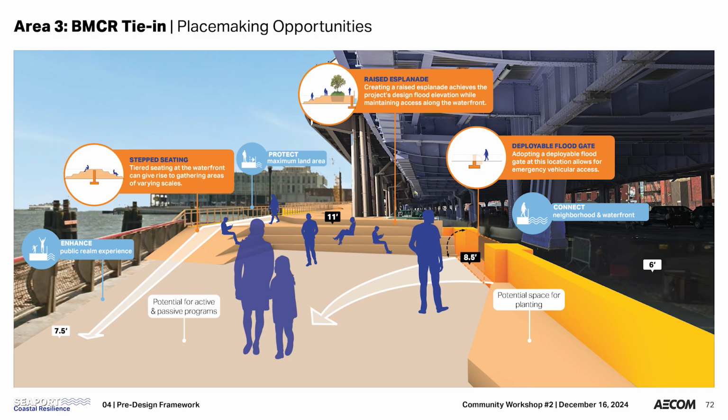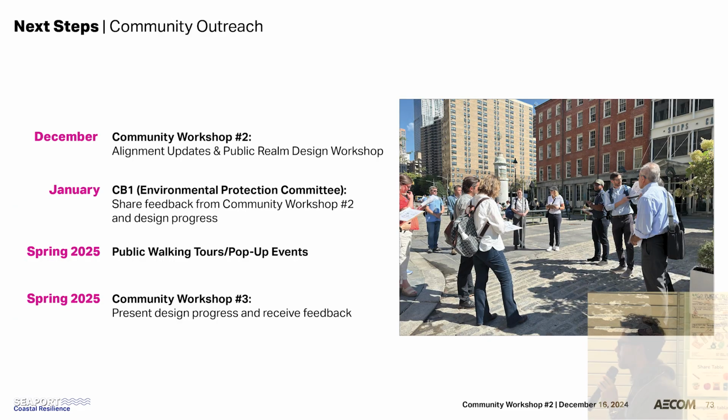We have a couple of deployables at elevation 8.5, which is the safe elevation. We have to have vehicular access for emergency uses. So we found a route to get us in and out of there without disturbing the edge. We prioritize people's experience. I know there are emergencies sometimes and we have to get cars in, but the way that we're thinking about this framework prioritizes the experience of the everyday user and not necessarily an emergency corridor. Sometimes people get a little too carried away with putting emergency lanes on everything. It will be safe, but she's laughing because we've been fighting this one out internally. So with that,